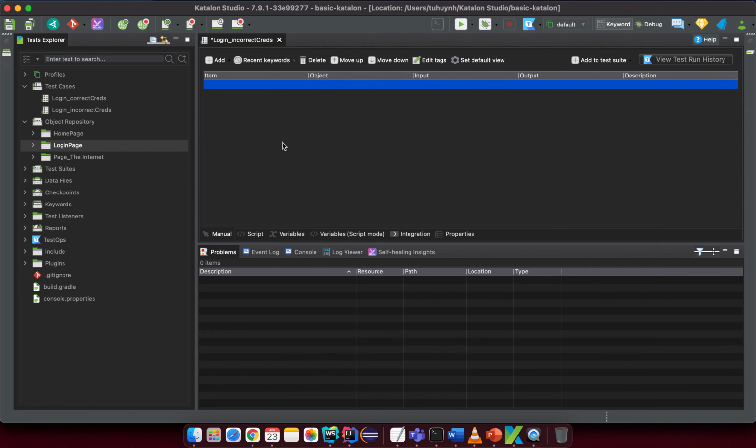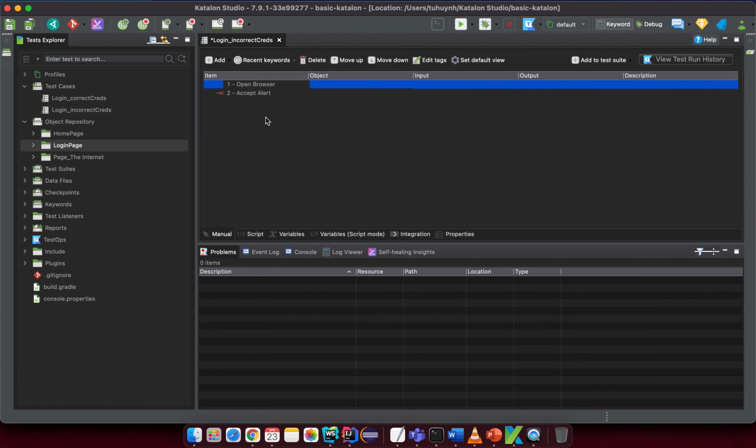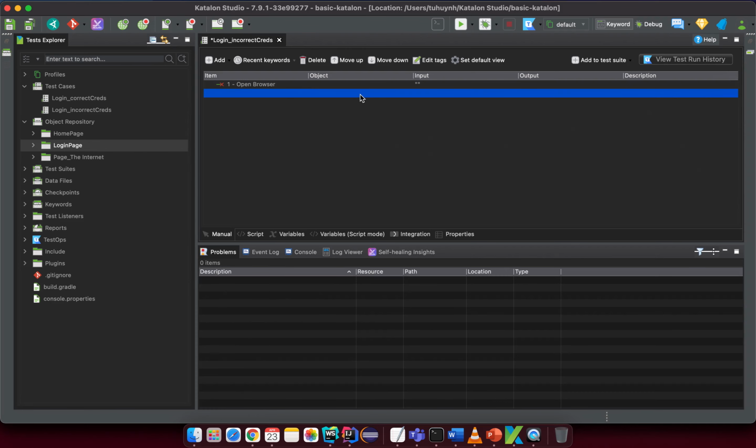Okay, and the second step is, let me try to add the second one. I think we have some bug related to the UI from Katalon Studio because, you know, I'm using the dark mode system, and basically if you turn the dark mode by default, but when I click here, it just collapses with the text color. It's not good, but anyway, try to double click, and here I want to navigate to the URL, and I